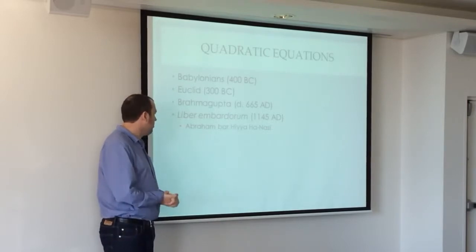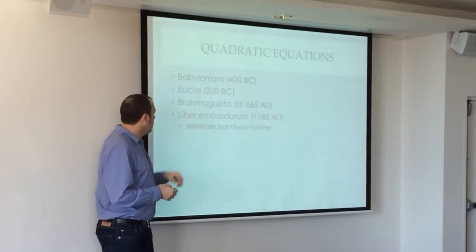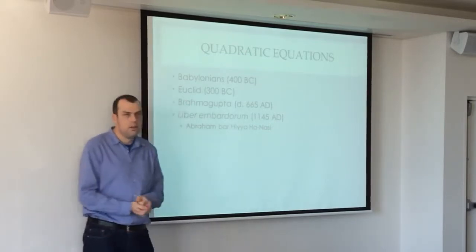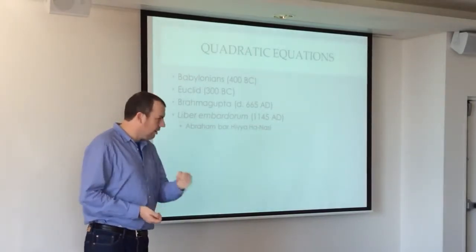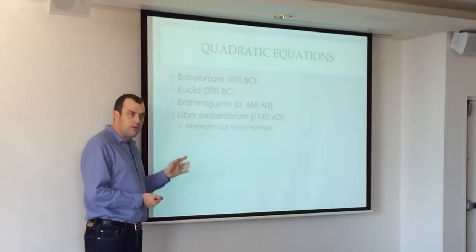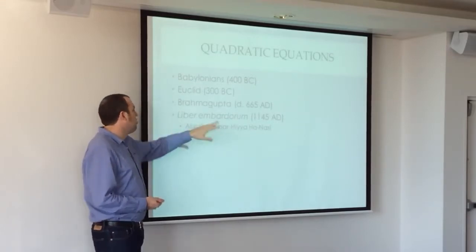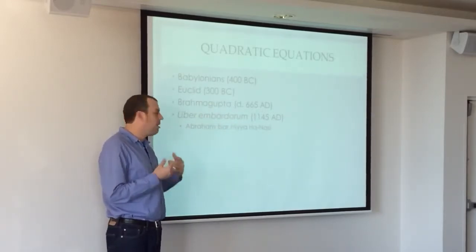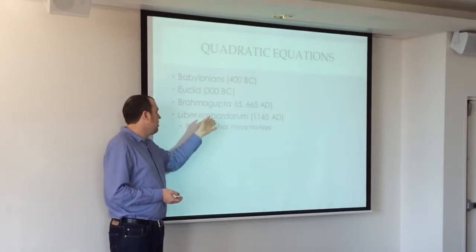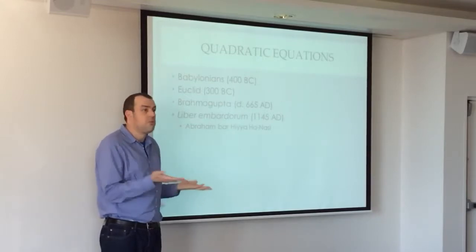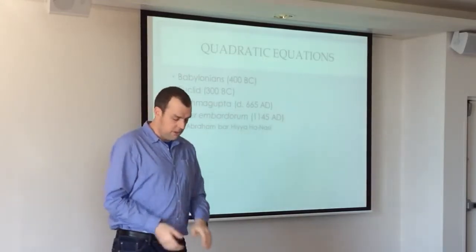This mathematician who I hadn't heard of, Abraham Bar Hanisi, Liber Embadorum, was published in Europe in 1145, which really seriously dealt with the quadratic, kind of once and for all. Okay? Not in modern algebraic notation, of course, but yeah, I couldn't tell you what the difference between those two are. Maybe it's just a case of taking knowledge a while to spread. Maybe it's some refinement. Maybe it's a more thorough treatment of the different kinds of quadratic equations. Maybe it's talk of a discriminant. Who knows? You'd think the presenter would.